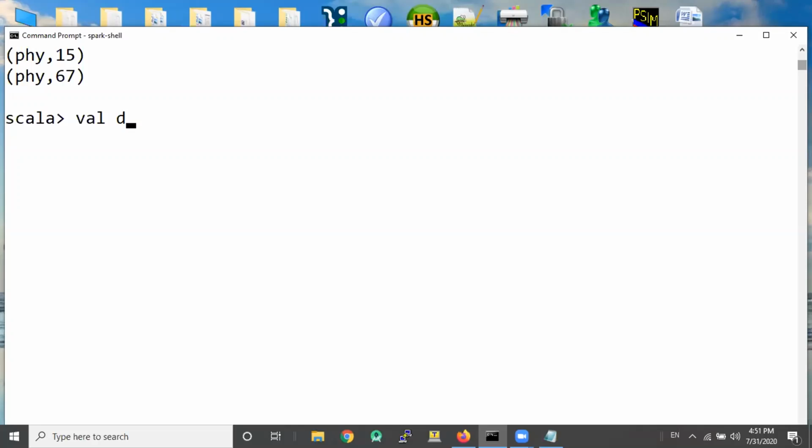We want to do a reduceByKey on the c data set, which is the subject and the marks. So we do a c dot reduceByKey. And what do we do for the function? We have again a comma b for two values. We give a simple Scala if else. What do you want? When you combine a and b, what do you want? You want to take the max. It's very simple. If